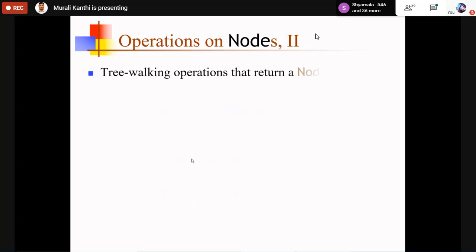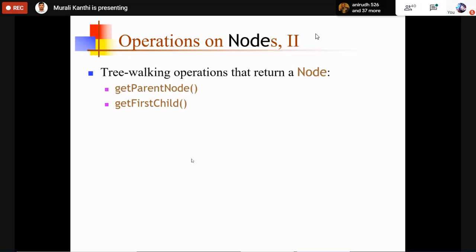Next, operations on the node: tree walking operations that return a node, like getParentNode and getFirstChild. Which of these we use depends on the XML document. In the previous example, the getFirstChild method was used because there is one root element, and directly inside the root element is the text "hello world".